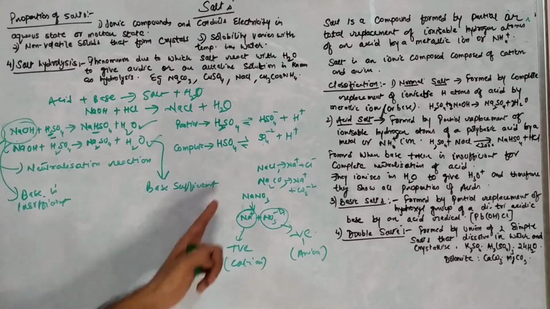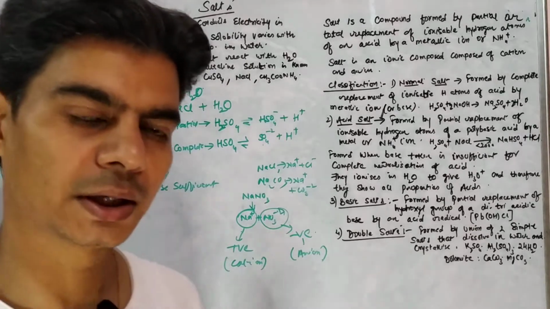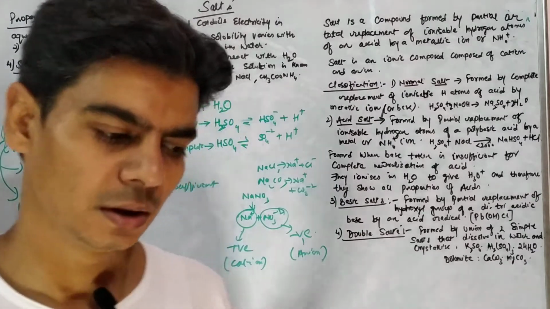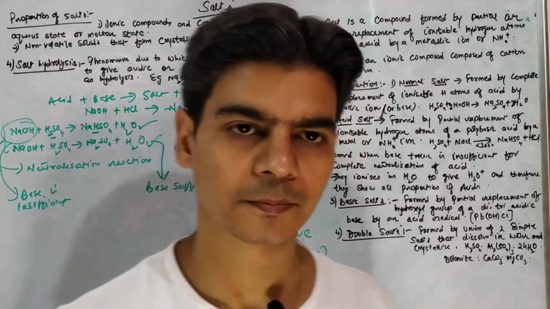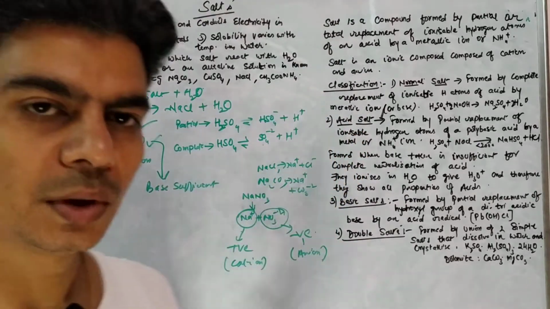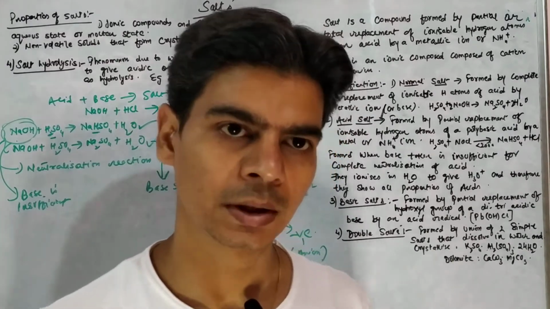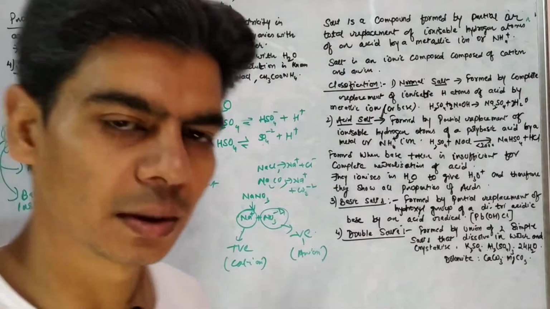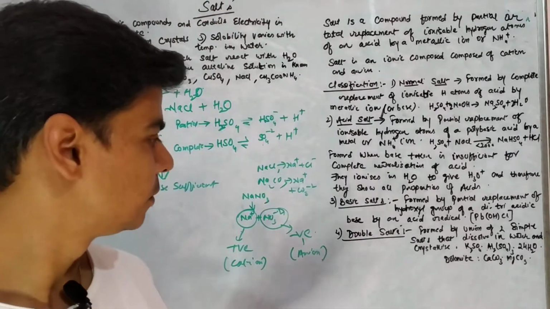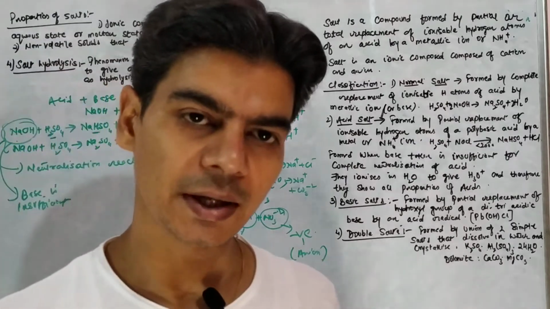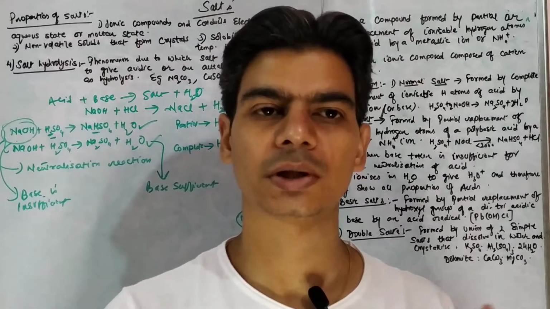What are the compounds that consist of a positive ion and a negative ion, a cation and an anion? We have already done this in our previous chapter, chemical bonding. These are known as ionic compounds. So all salts are ionic compounds composed of a positive ion and a negative ion. And we have already studied in chemical bonding that ionic compounds like these consist of positive and negative ions, which are held together by strong electrostatic force of attraction.